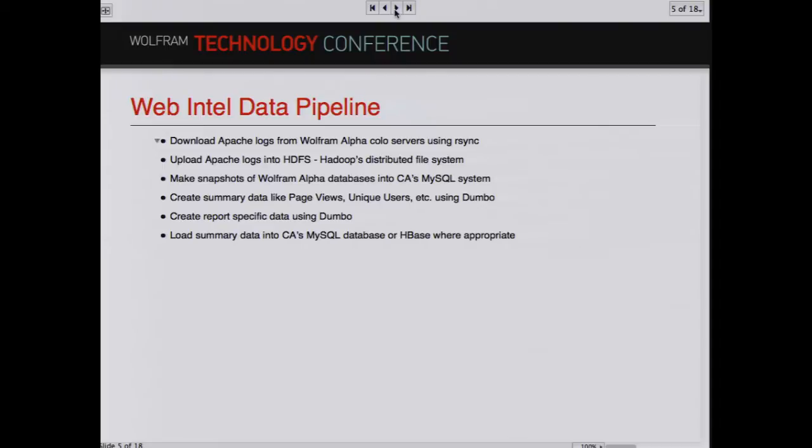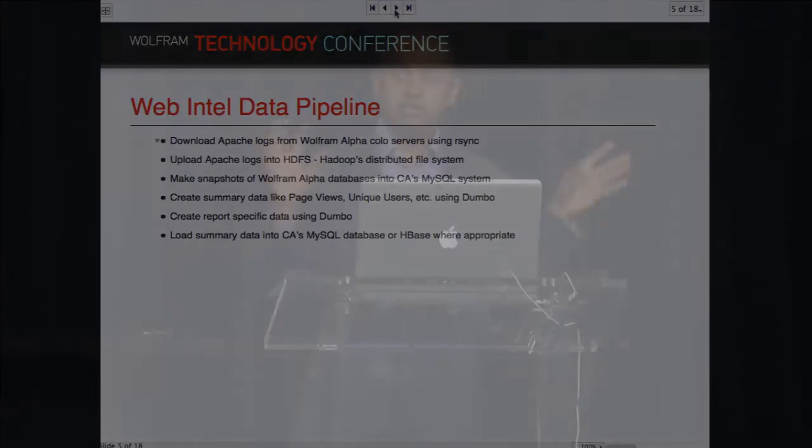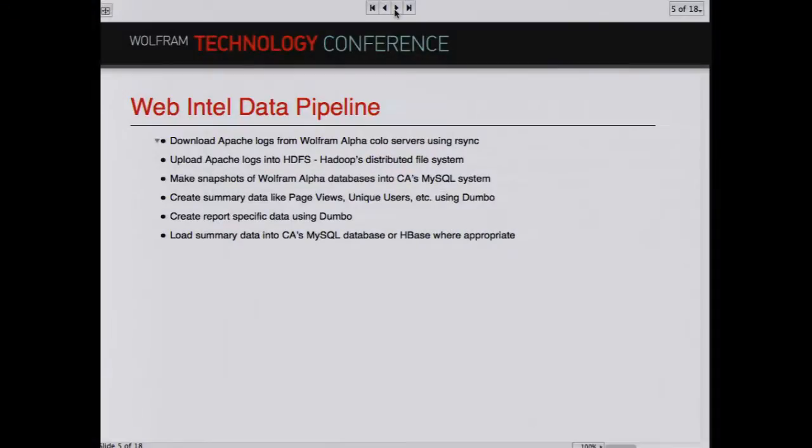So in Web Intel, we download our Apache logs from Wolfram Alpha and from other sources all into a central location using standard open source tools like rsync, for instance. Once all of the log files are in a single location, we upload them into our Hadoop cluster, HDFS, Hadoop's distributed file system.